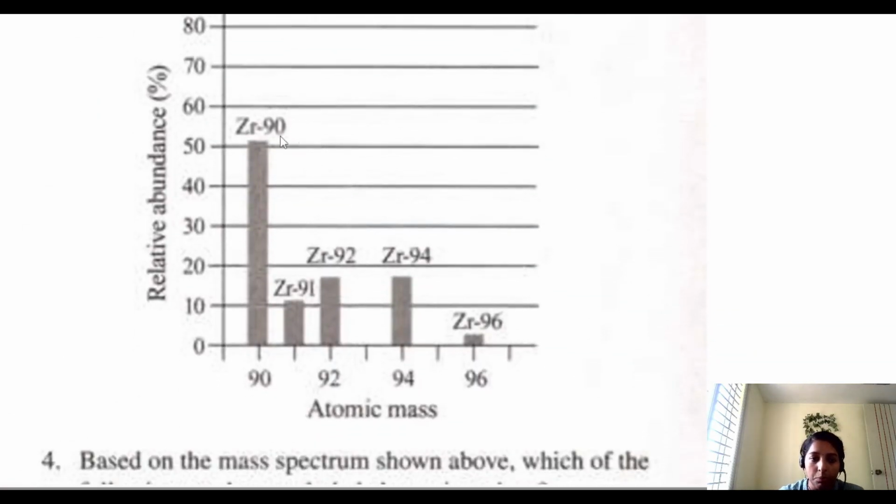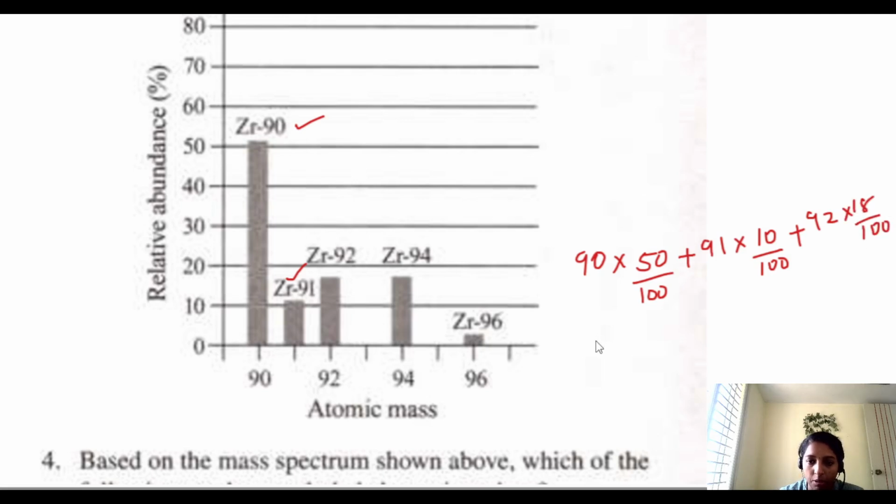See, here 50 percent is 90, and some 10 or 11 percent is 91. So you have to use the weighted average method. How do you calculate the atomic mass? You consider each mass times its natural abundance. For example, 90 times 50 over 100, plus 91 times 10 over 100, plus 92 times, say, 18 over 100,